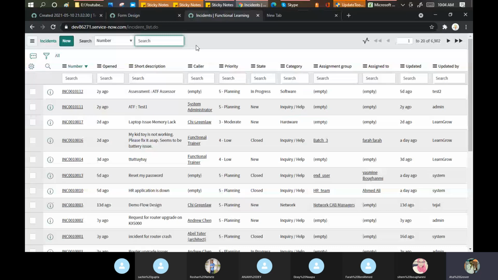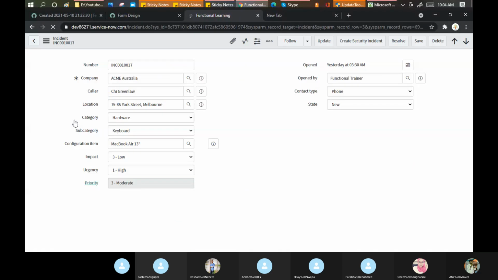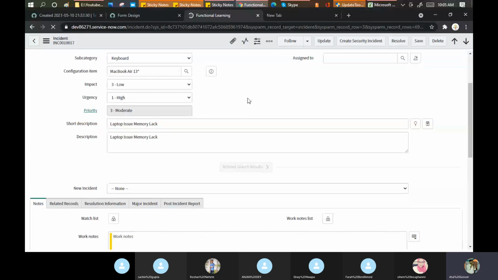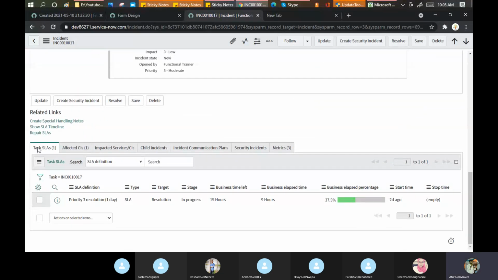Now let me come here and open any incident. These are the lists which you are seeing here. These are called the related lists. Like when you fill any university form or job form, at the last there are two columns mentioned.